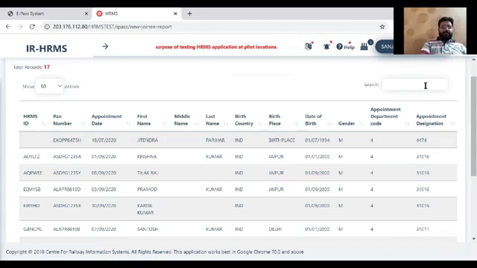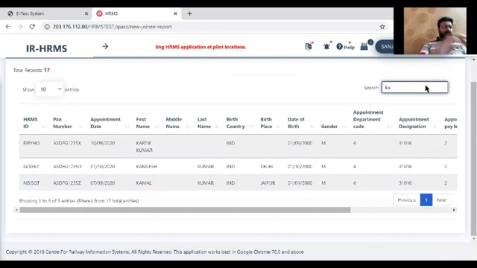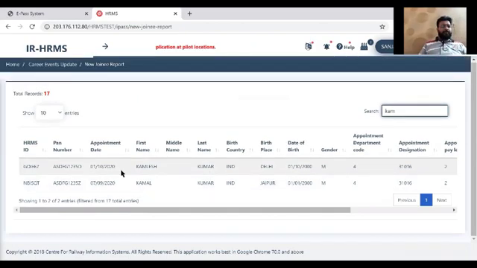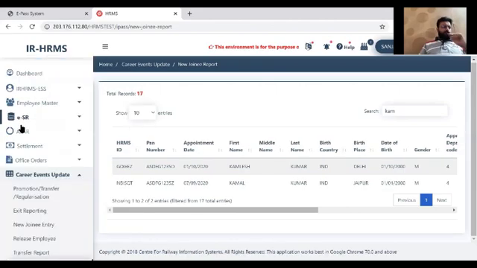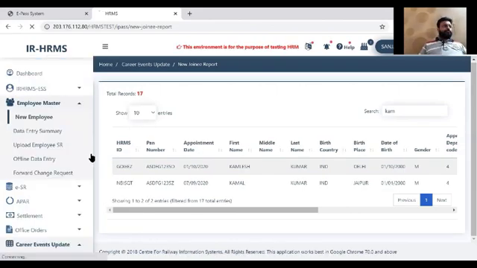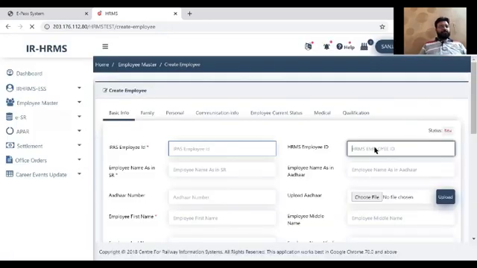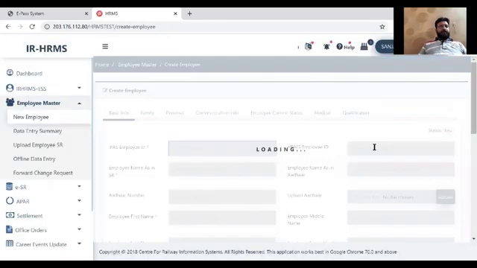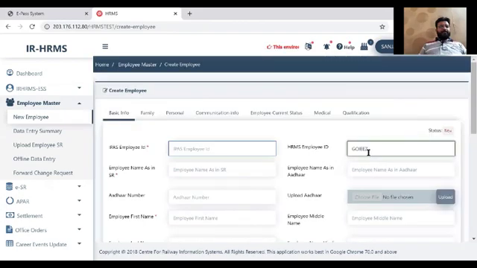So let's see what the HRMS ID is for Kamlesh Kumar. We have just created one. Here it is, the HRMS ID is GOIEEZZ. With the help of this HRMS ID, we are going to view his employee master. I'll click employee master, new employee, and put the HRMS ID here.